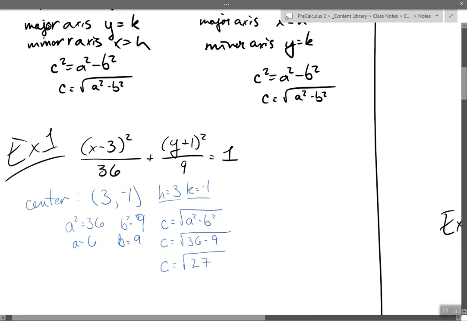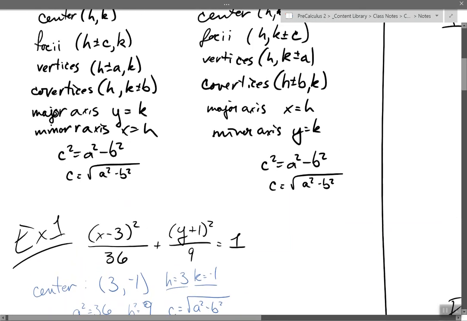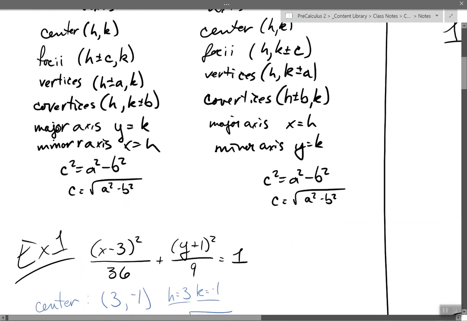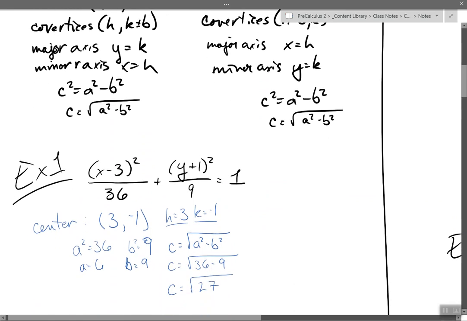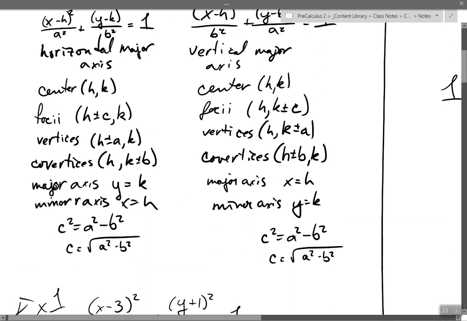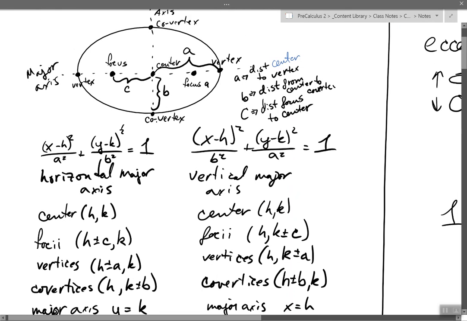Feels weird because 27 is not a perfect square. That's okay. Most times these c values won't work out to be nice perfect squares, and that's absolutely fine. We don't need any specific values to come out. Whatever the problem dictates, don't try to force it to be a perfect square like I've seen a lot of people do. Oh, 36 minus 9 is 25 because that's a perfect square. It's 5. No. Make sure you do good algebra. It's okay if it's not a perfect square. C doesn't really do too much for us. The foci, it's not a huge deal if we don't have